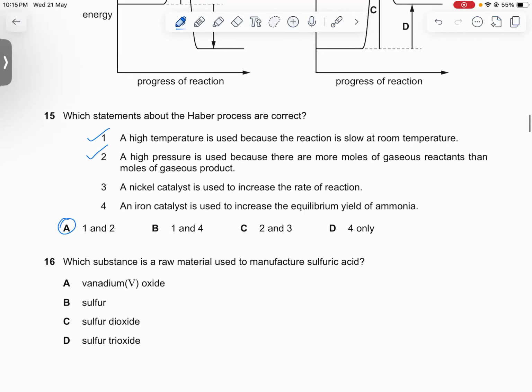Let's look at why 3 and 4 are wrong. A nickel catalyst is not used. This is